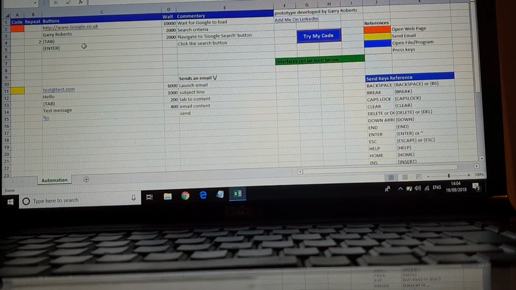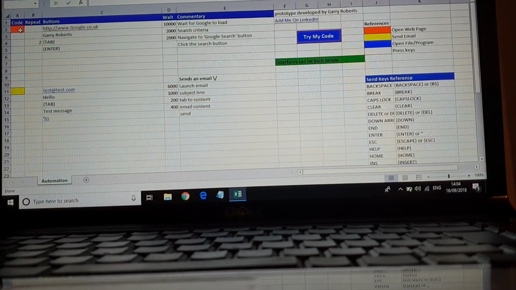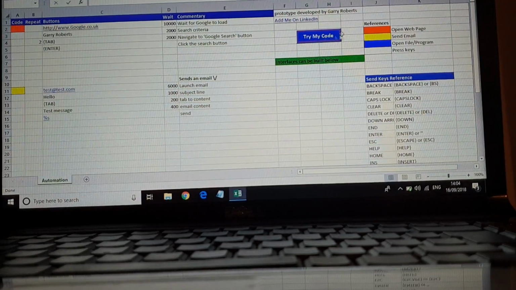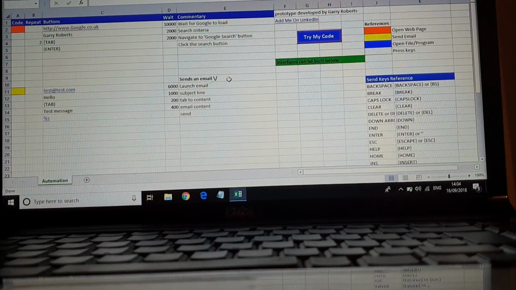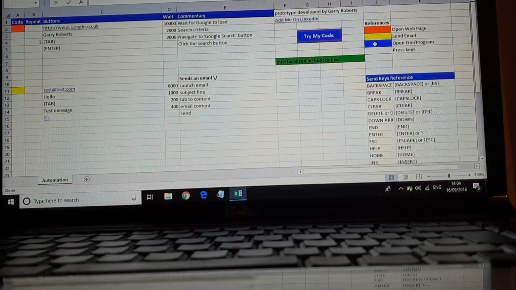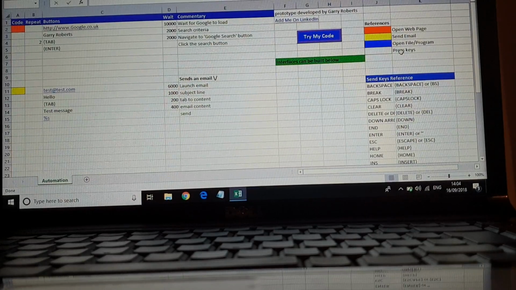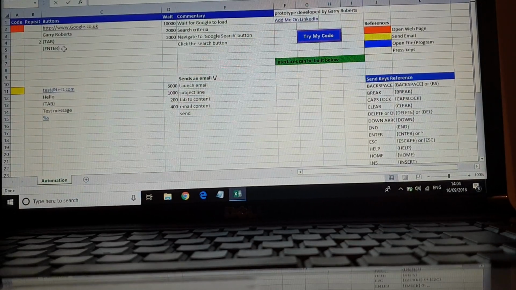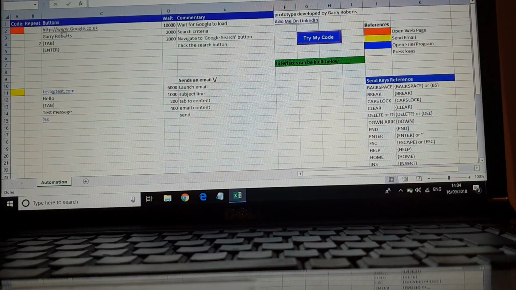Just to explain some of the functionality that I've built into this, column A is an action column, if you like. So as you can see from the right hand side, we have references. So red is to open a web page, yellow, as you can see down here, is to send an email, blue is if you want to open a file or a program, and white will simply press the keys which you've requested here. Now what you can see in that case is red is going to launch